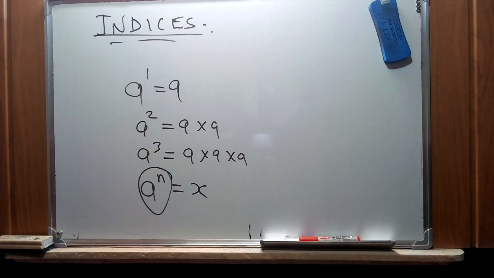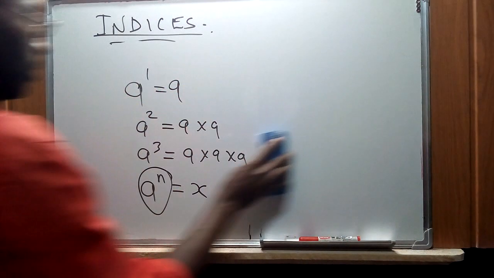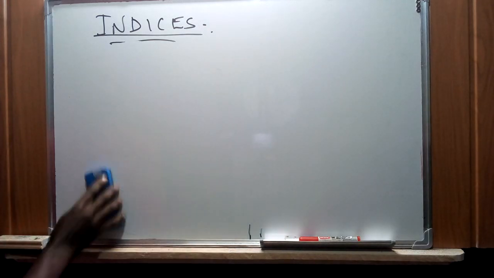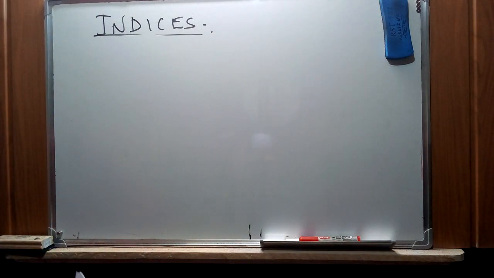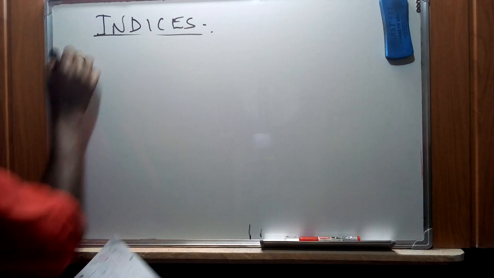Now there are specific rules that indices must satisfy for them to be used in solving different kinds of expressions, or problems that we may encounter that require the use of indices. We're also going to see that there's a relationship between these indices and logarithms. We said logarithms are a mirror image of exponential functions, which we did in one of our videos. So in this case, rule number 1: